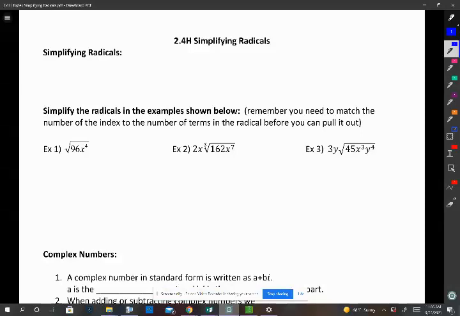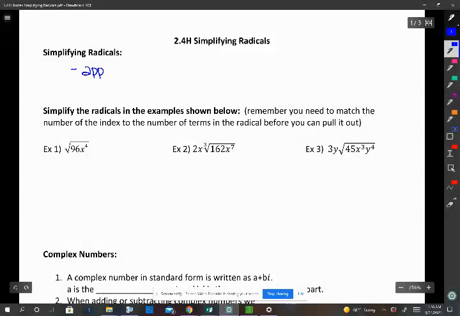So 2.4 is on simplifying radicals. And simplifying a radical just means that we're going to make sure that the value underneath the radical, all the grouping that I can possibly do based off the index or the root, those groups are taken out of the radical. So I'm just going to say